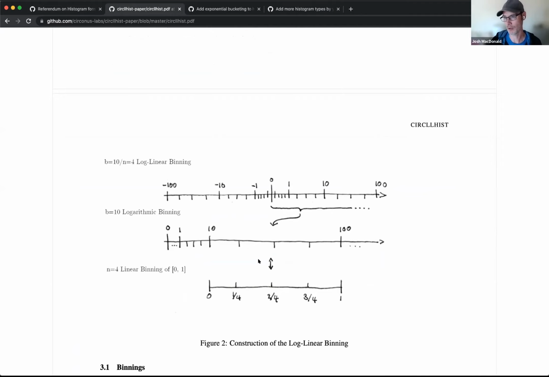So in a decimal scheme, I call them decades. Every power of 10 is 1 decade. And in an Open Histogram format, you do 90 per decade. In the diagram here, it's 4 per decade. So you can imagine having 90 divisions between 1 and 10, 90 divisions between 10 and 100, 90 divisions between 100 and 1,000.